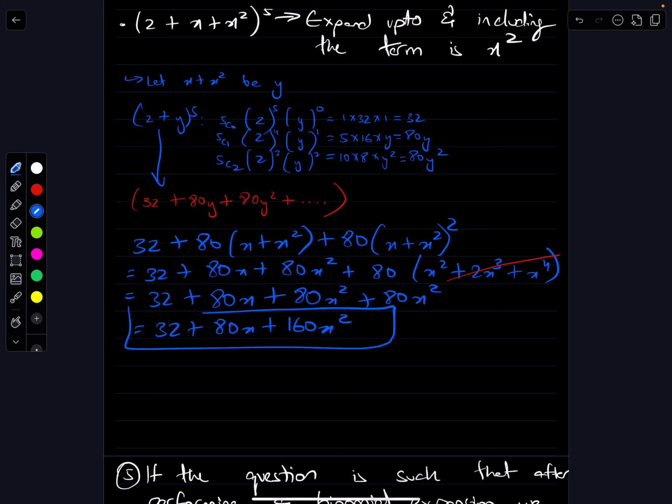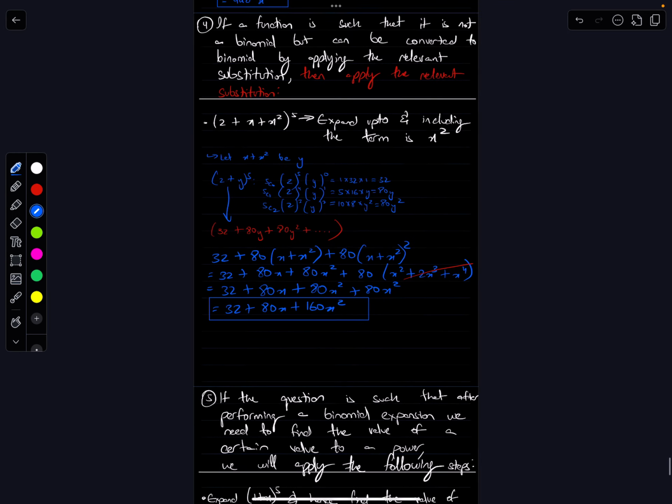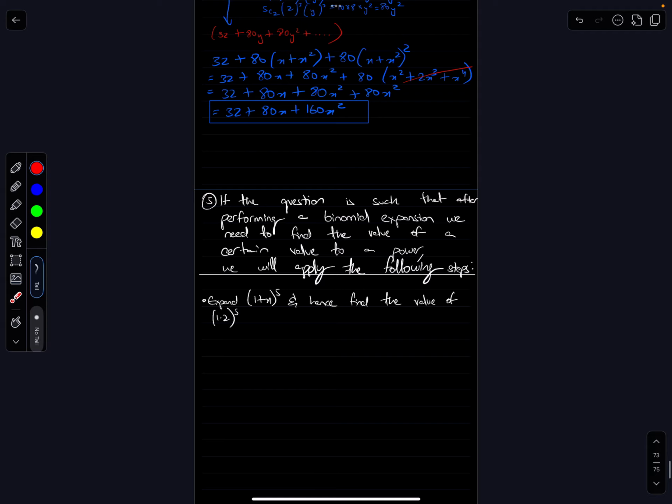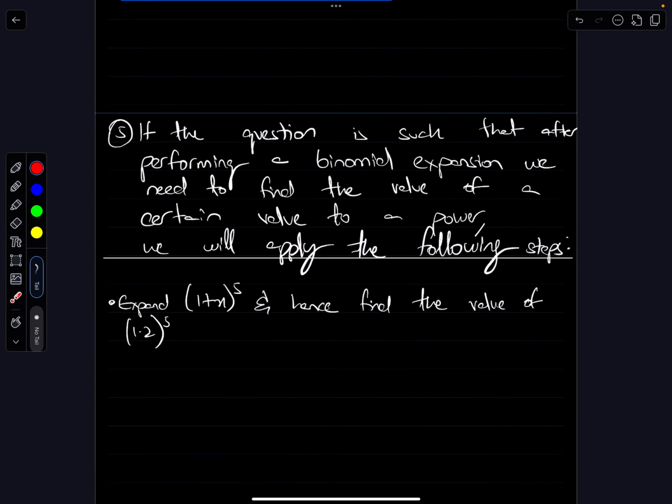Oops, this is my final answer. Never mess with the constant, substitute the variable or anything with the. So our